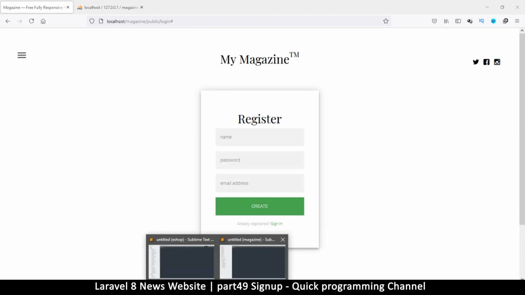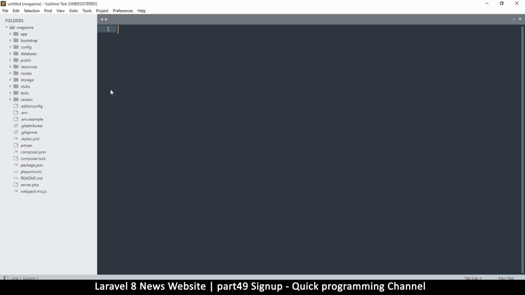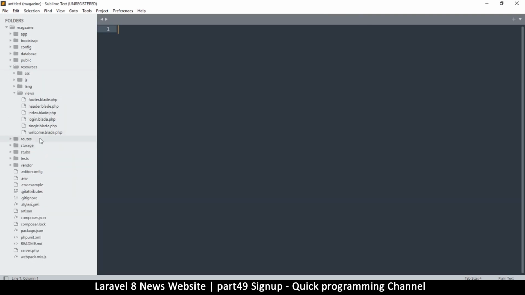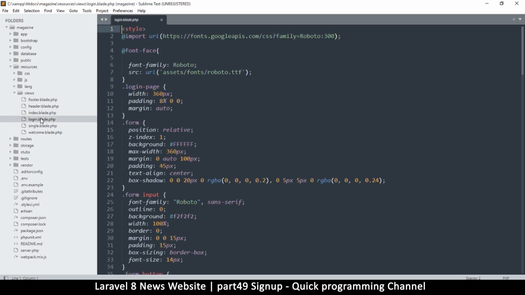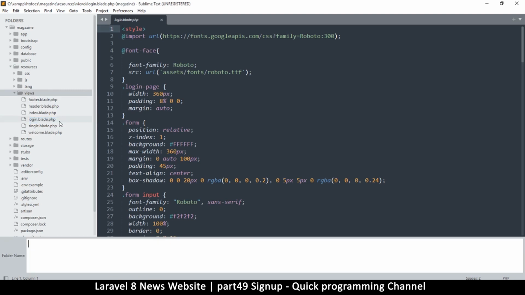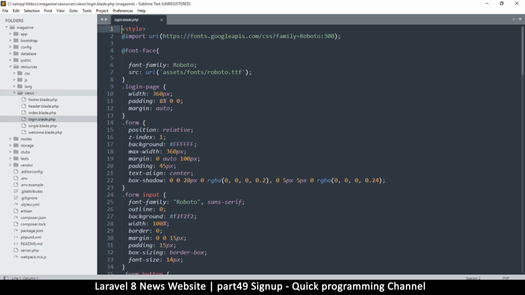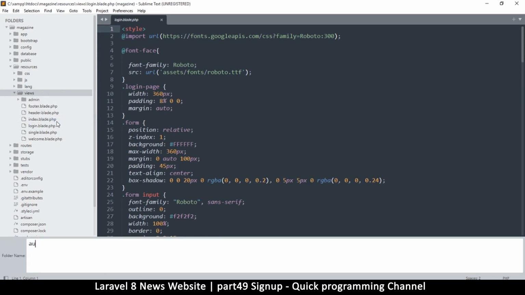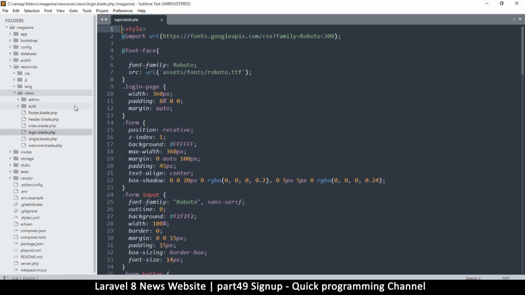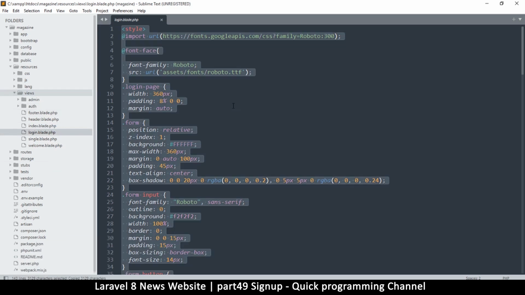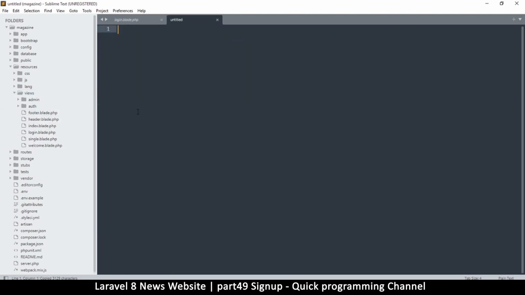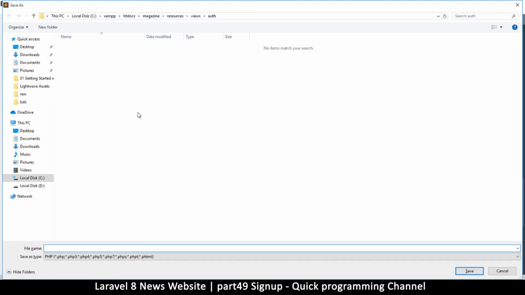Okay, so let's go to our editor here. And the first thing I want to do is go to my resources, and that's the login.blade. And in here I will create a new folder. So first of all, let me create two new folders. The first one is going to be admin, and the other one is going to be auth for authentication. Right, so I'm just going to copy everything that is in here and right click on the auth, new file, paste in here, and save this one as the